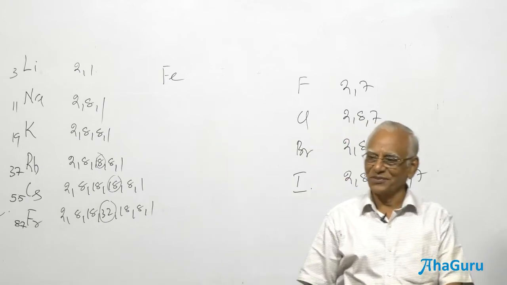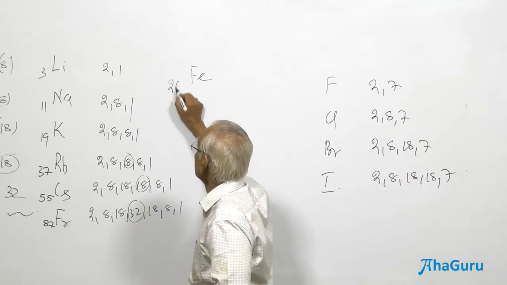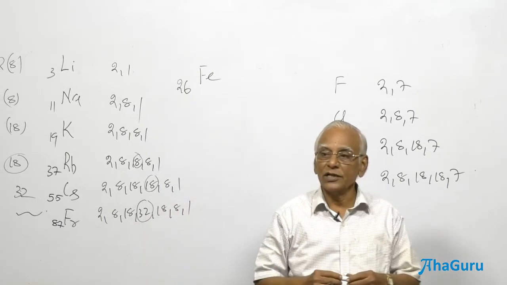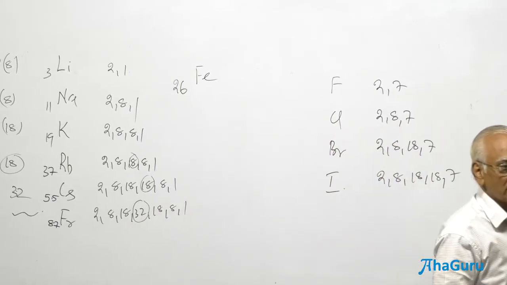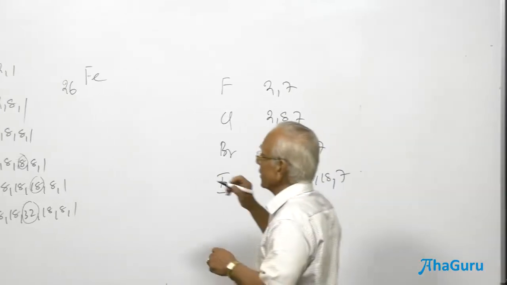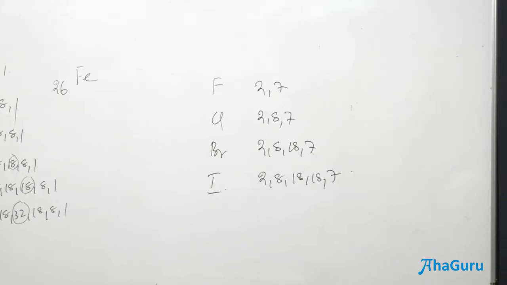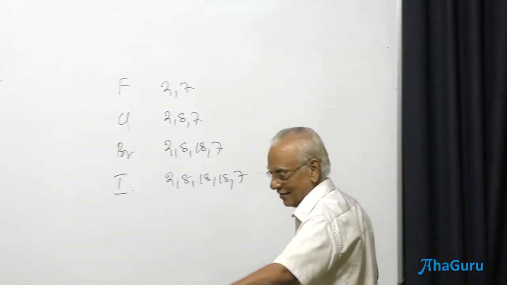Good. Now tell me atomic numbers. Tell me whether it is an electropositive element or an electronegative element, or the number of electrons. Write the electronic configuration. I know you are waiting for the atomic number. I have already given it on the board. What should be the electronic configuration of iron?